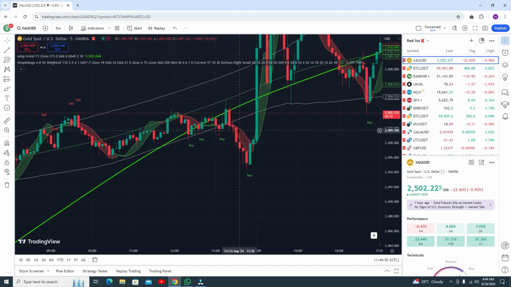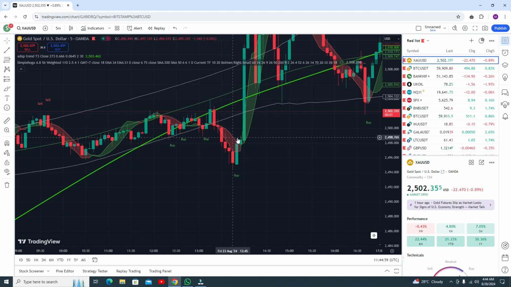the adopter trend line is green, and the RSI is coming below from the lower band line, and this candle comes to close, or you can say comes upside from the RSI. So this is your buy trade, okay, and you can book your profit.